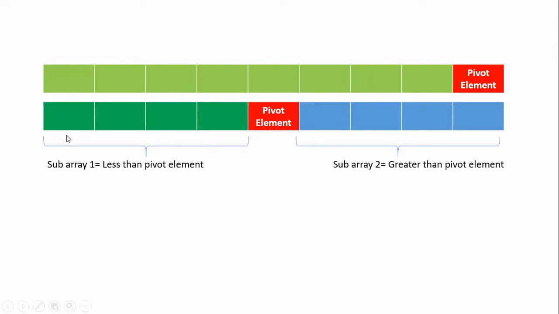That means you will not stop the algorithm here. Again, you have to consider this as your original array. You will perform the quicksort for this particular array. Do this process again and again. So when I do the process again and again, I need some condition to finish my sorting. So what is the final condition is, when you are dividing the array, you will get a certain number of elements. When the number of elements in the array becomes 1, that means you cannot divide the array further. So that place you have to stop your dividing. Okay, so this is a recursive algorithm. You will be dividing the problem again and again into sub-problems.